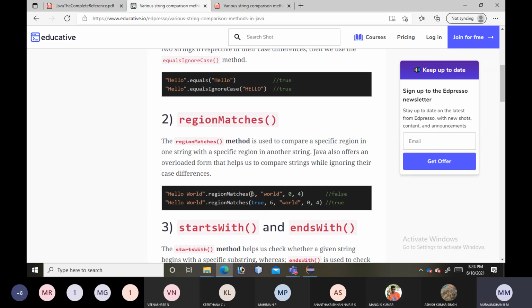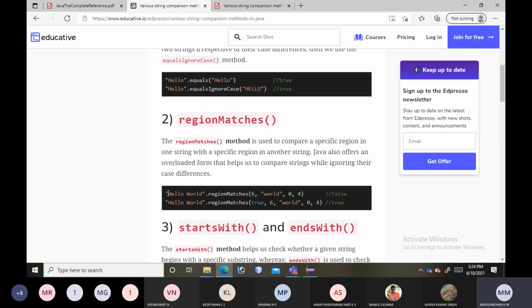Just see, this specifies the index of the first string, and this is the second string, and this is the index of the second string from where it should be matched, and the number of characters it should match. Kindly observe here.